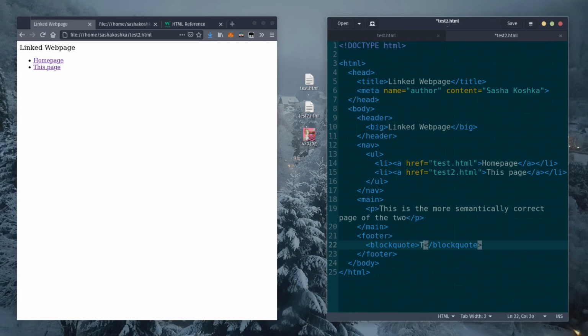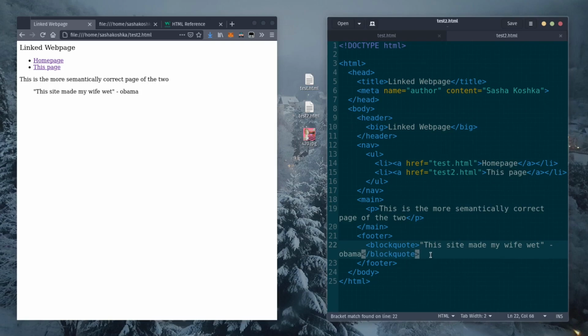So we can do, this site made my wife wet. And then we can do copyright information. So paragraph again. So we can copyright